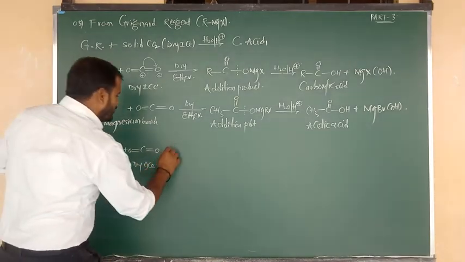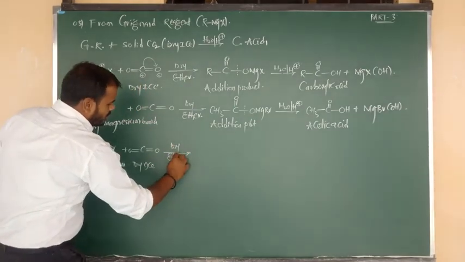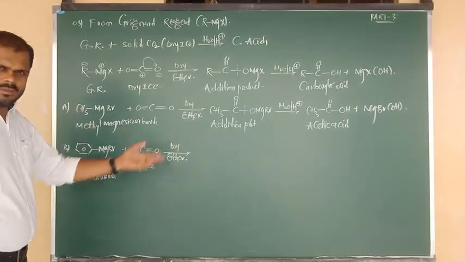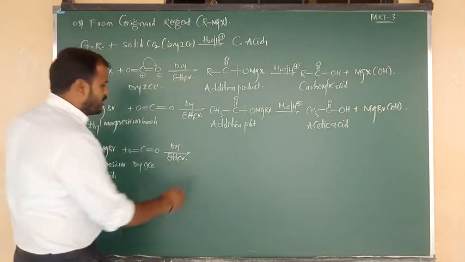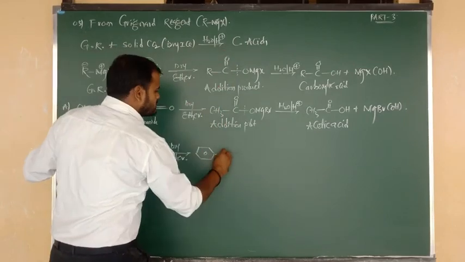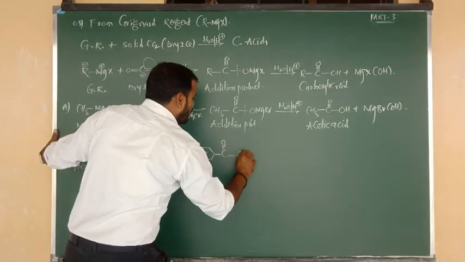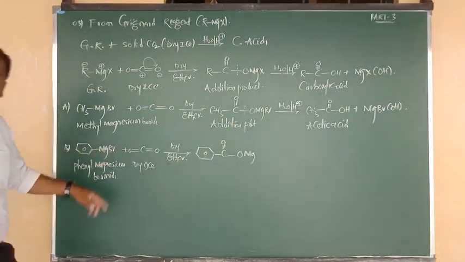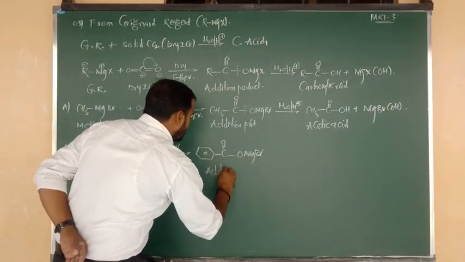Addition between these two takes place in the presence of the supporting solvent, same as above, that is dry ether. So what product are you going to get? I mean the addition product. In place of R we write benzene. Benzene bonded to C double bond O group, C double bond O connected to O, O connected to Mg, Mg bonded to Br. This is your addition intermediate product.